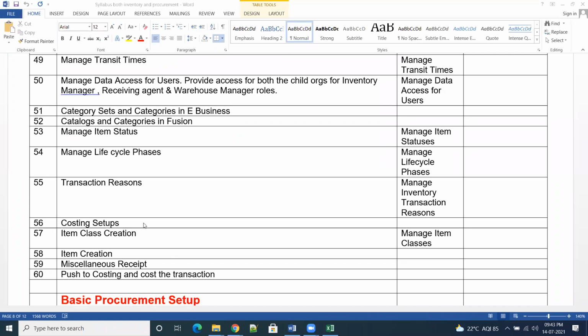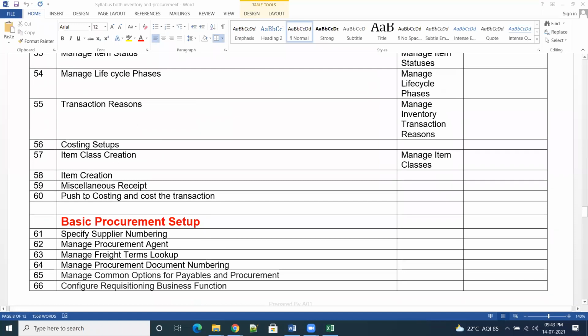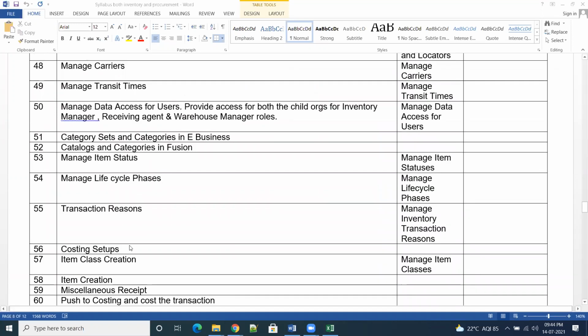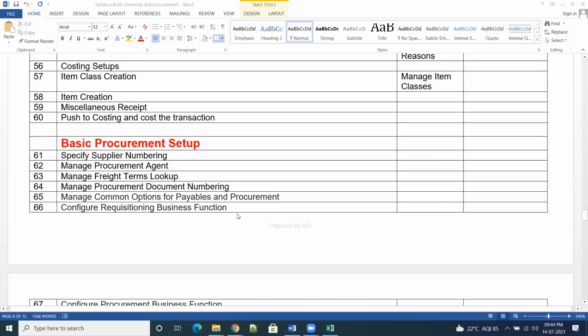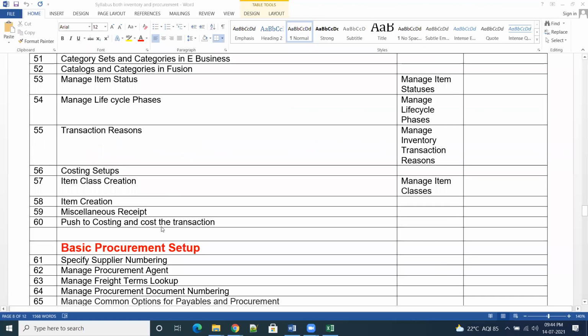Okay. So tomorrow onwards, we'll see the basic procurement setup. But before that, tomorrow, Friday, again, I'll show some more transactions for the costing to understand a bit more. And then Monday onwards, we'll start procurement side. Tomorrow it's Thursday, right, Ramu? Oh, that's today, no? Thursday. Okay. Yeah, Friday we'll start procurement side.